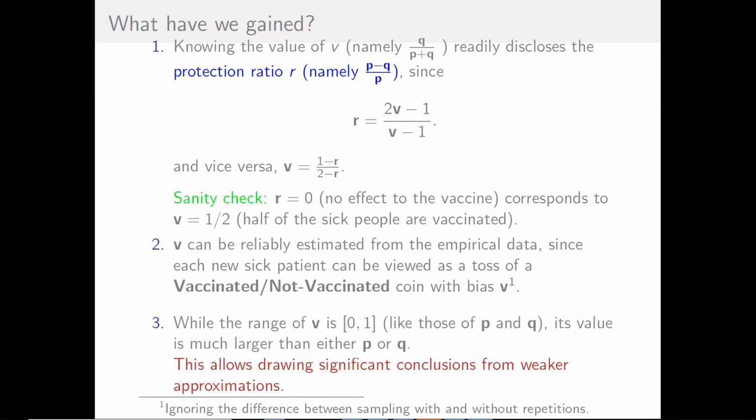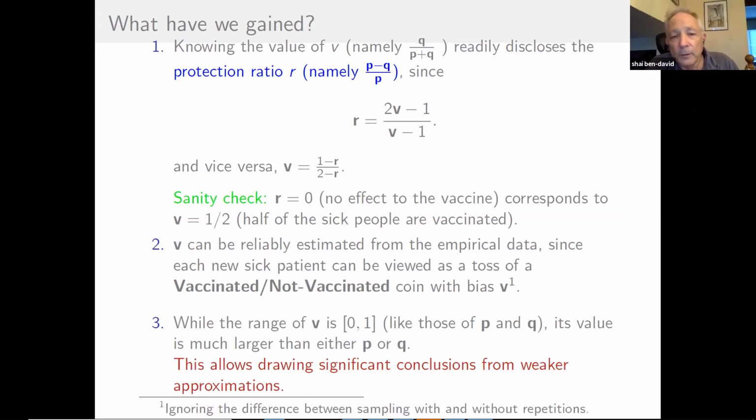Okay. The other thing to note is that the range of this variable that we're trying to estimate, V, is 0 to 1. So we didn't increase the range of the variable, but the values here are much smaller. It's not 8 over 44,000. The values here are going to be the number of sick vaccinated people divided by the number of sick, like 8 over 160 or something. We got much larger numbers, and therefore it allows us